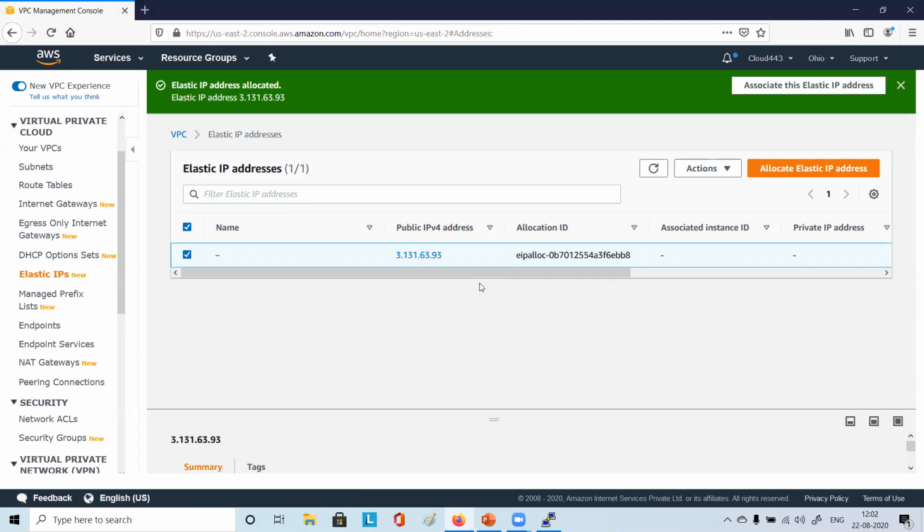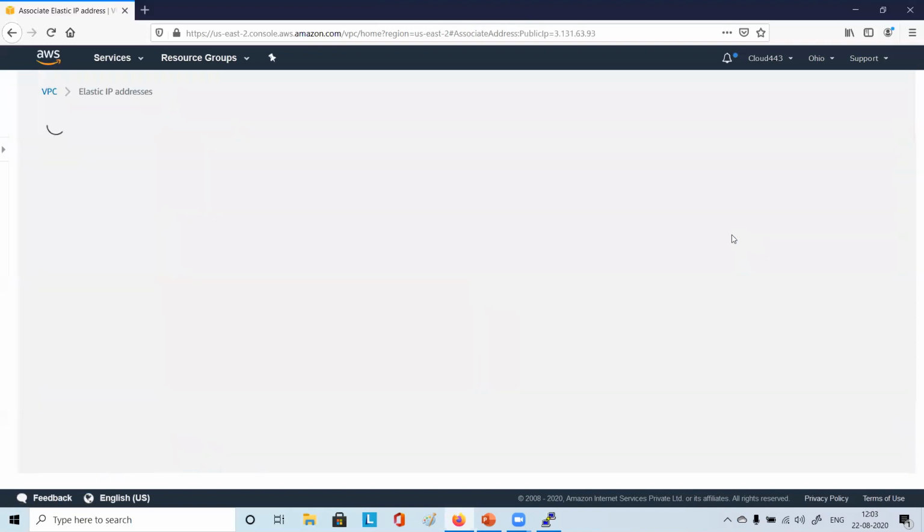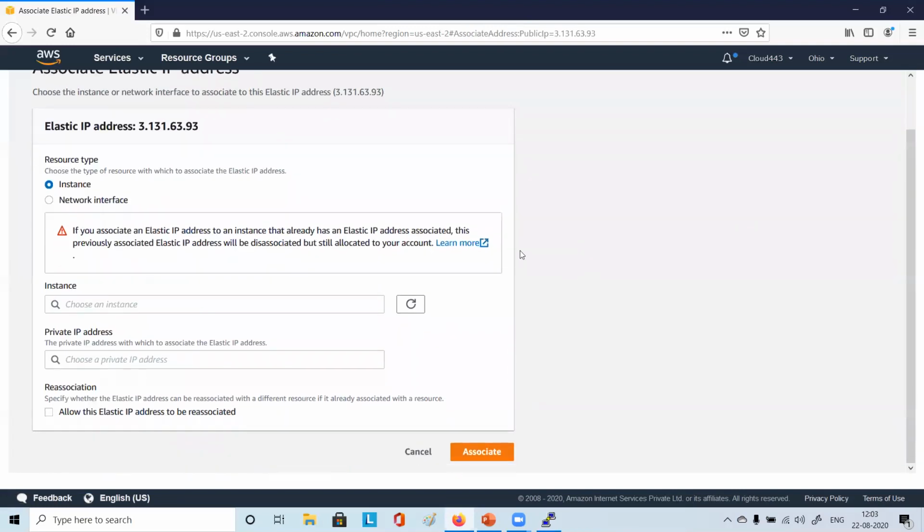Now they will start charging. So before they start charging, we should associate this with our instance, right? So click on associate elastic IP. So this is selected and we click on associate elastic IP address. It says instance, you want to connect to instance, let it be. Now here you click, it will show the running instance.